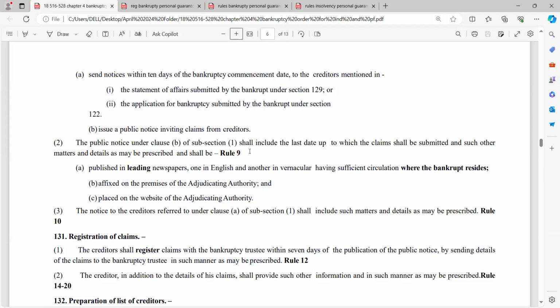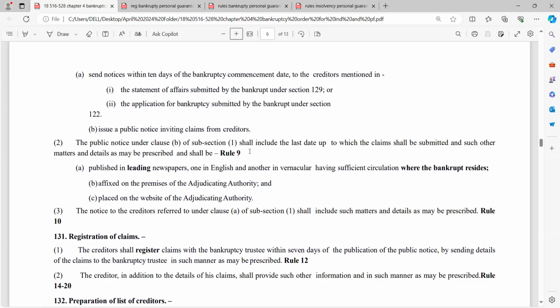The notice to the creditors, यहां पर देखो वेबसाइट ऑफ द डेटर नहीं है ना? वेबसाइट किसकी है? एडजुडिकेटिंग। The notice to the creditors referred to under clause A of subsection 1 shall include such matters and details as may be prescribed. ठीक है, तो इसके अंदर आपका रूल 10 है, 130 में रूल 10 आपका आ गया, और पब्लिक नोटिस यहां पर है फॉर्म सी के अंदर।